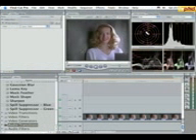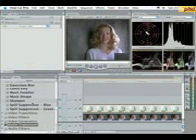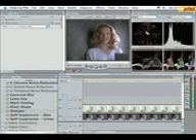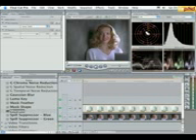So what I'm going to do is come over here and build a little mask to go around her eyes. So I'm going to duplicate the track. I'm going to look for a mask shape and a mask feather. I'll put those on the track here. I'm going to put the sharpening filter down below,